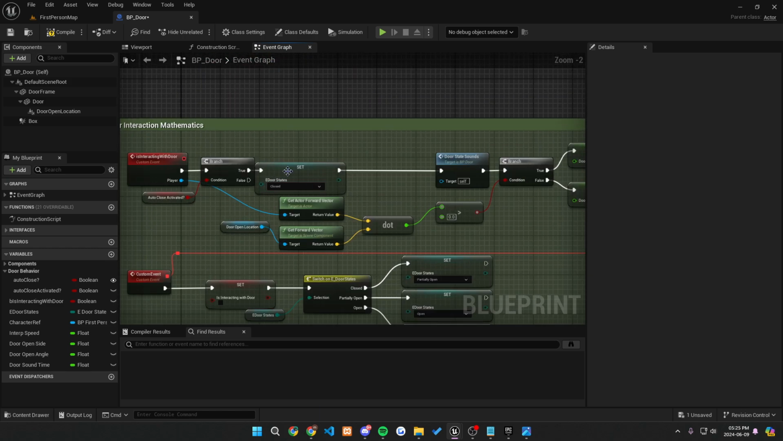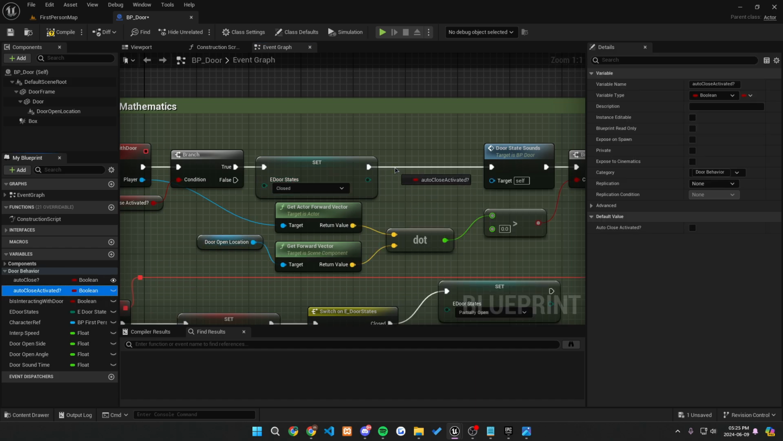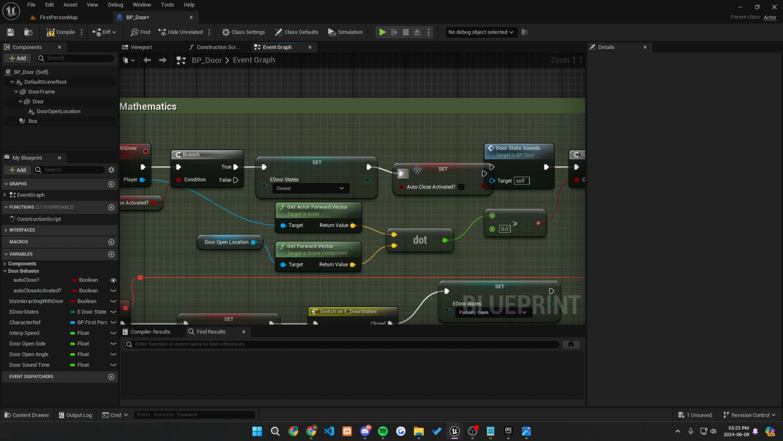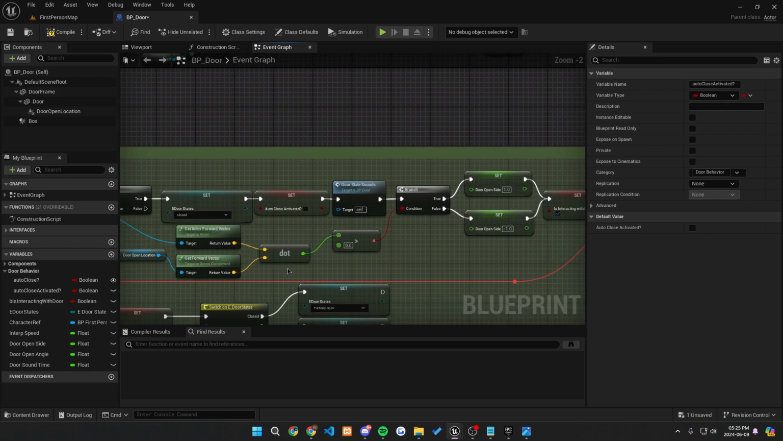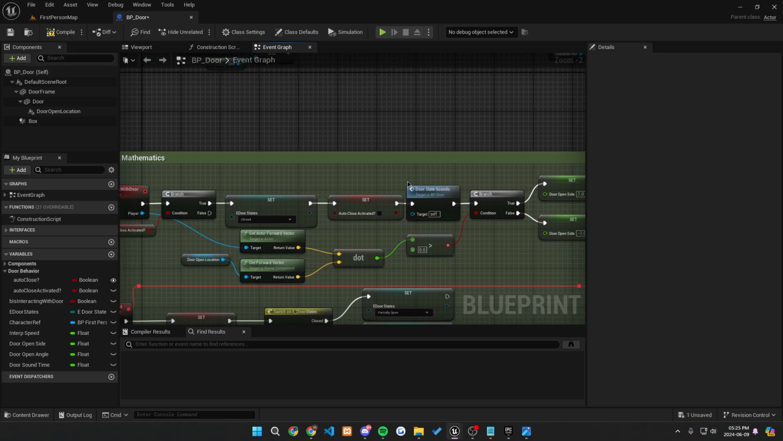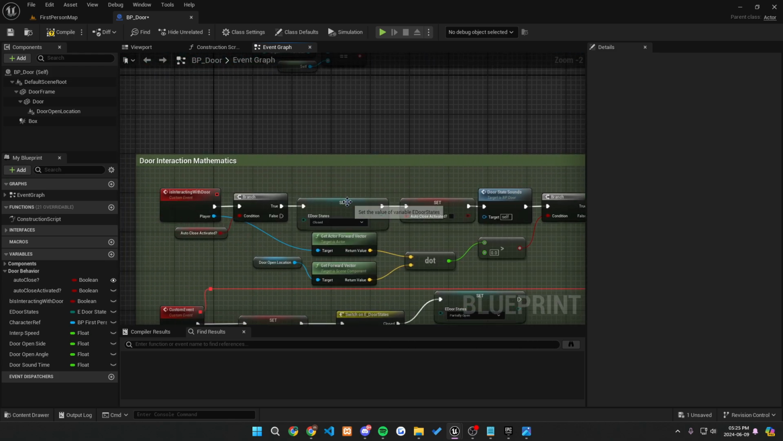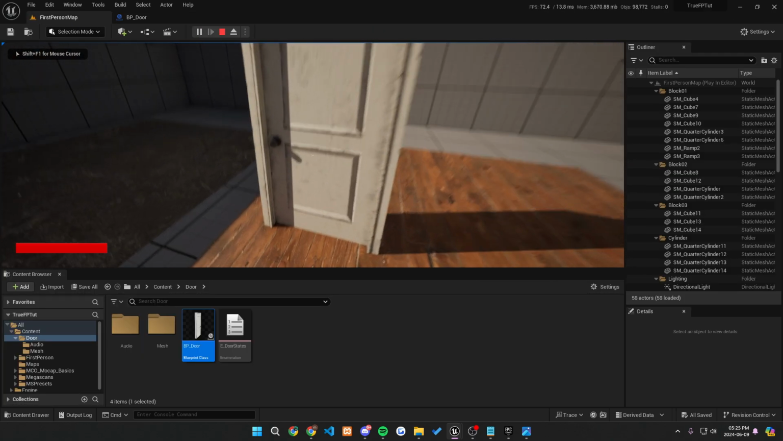Okay, so now we want to make sure that we have the door state set as closed, and then to set the auto close activated to be false right afterwards. And we might need a little bit more room, so let's move it over just a tiny bit more. Great, so now we have the room that we need. And basically now, if you compile and save and then go into the game, if you,